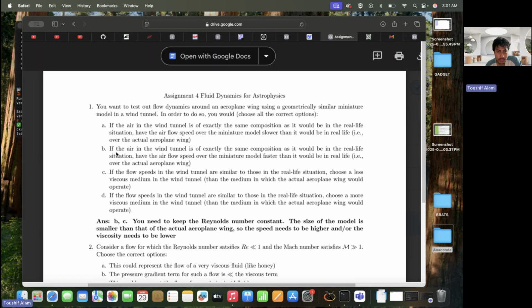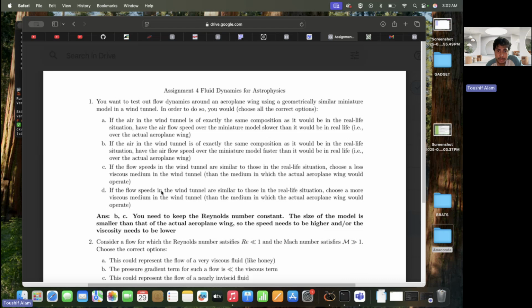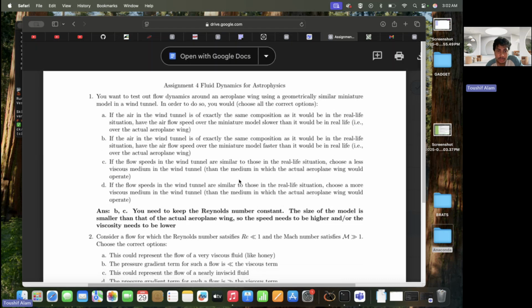Not correct. Can be correct because the air in the wind tunnel is of exactly the same composition as it would be in the real life situation, and the airflow speed over the miniature model faster than it would be in real life or the actual aeroplane wing. If the flow speeds in the wind tunnel are similar to those in the real life situation, choose a less viscous medium in the wind tunnel than the medium in which the actual airplane wing would operate. If the flow speeds in the wind tunnel are similar to those in the real life situation, choose a more viscous medium in the wind tunnel, than the medium in which the actual